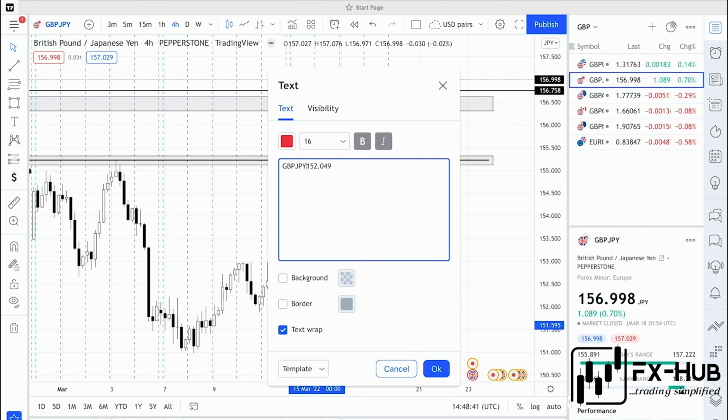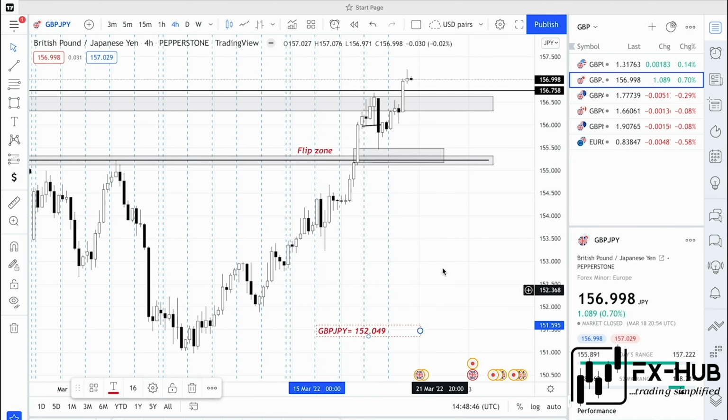GBP JPY. As at 10th of March 2022, you need to have 152 yen